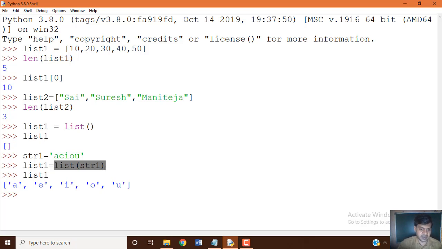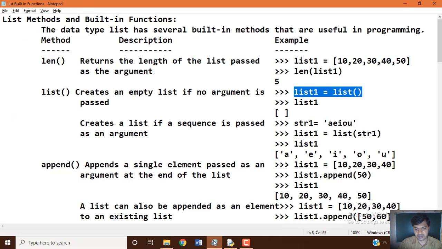That is how the list function converts when you use an argument. So we can see how to use the predefined built-in list function to create an empty list and to pass it an argument.